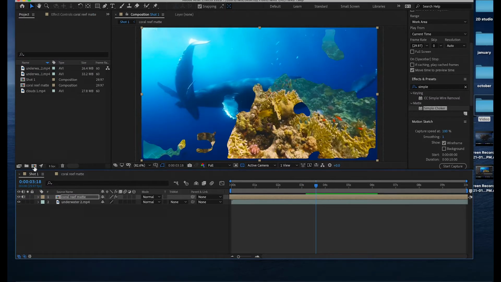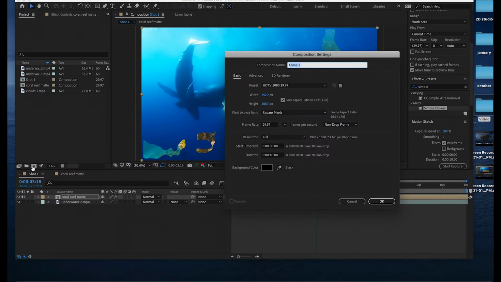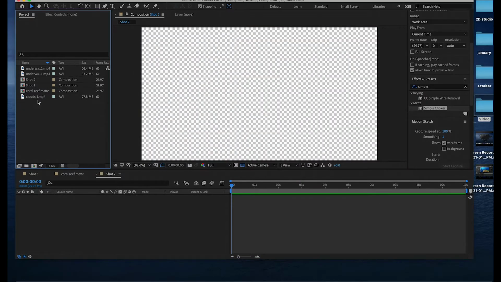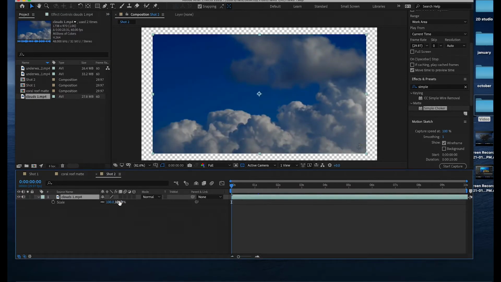So I'm gonna make a new composition. I can do that by hitting create new composition. 10 seconds is fine. 1920 by 1080, shot 2 I'll say, and I'm gonna start again. I'm gonna bring my clouds back down, scale it up a little,